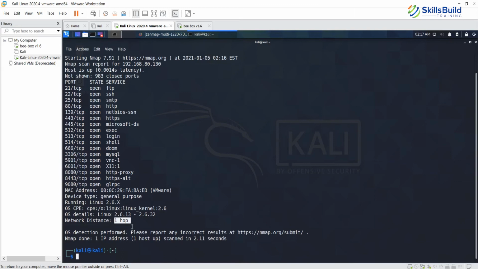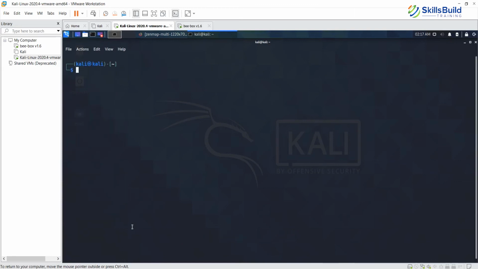So now let's clear the screen and we'll do a little bit of intensive scan, or rather the aggressive scan. And this is -sV, version intensity 5, 192.168.80.130, and let's see if this command works.